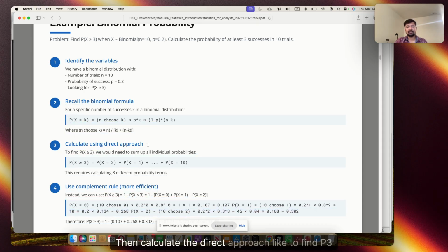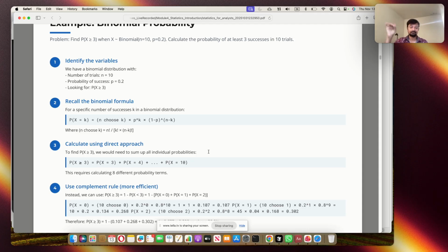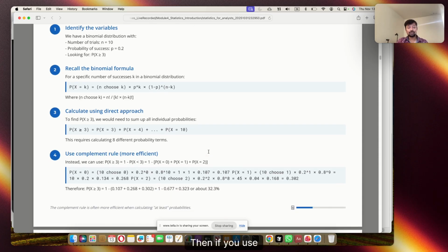Then calculate with the direct approach. To find P(X greater than 3), we would need to sum all of the individual probabilities for all the trials you have done, from 0 to 10. Then, if you use the complement rule, it is a more efficient rule. In the complement rule, as we discussed previously,